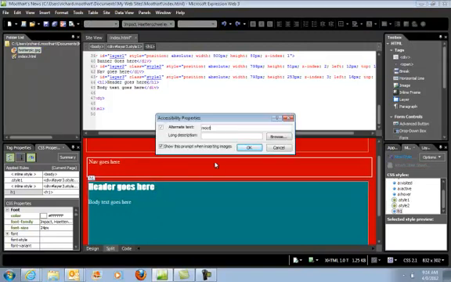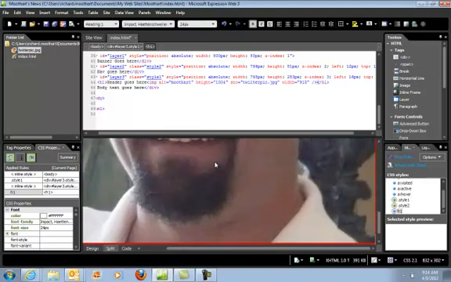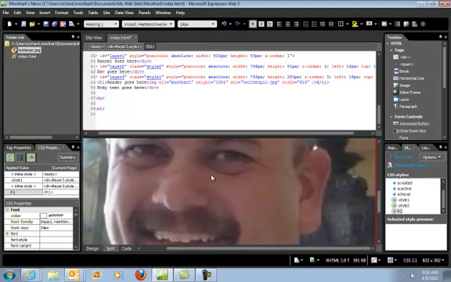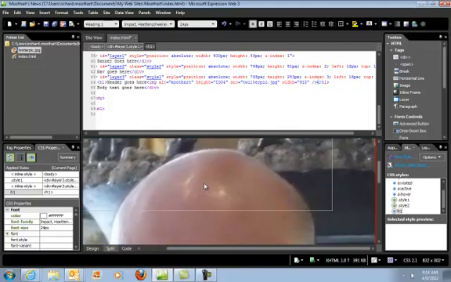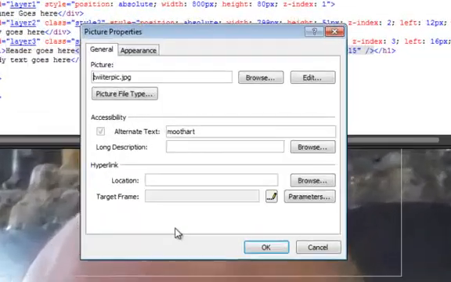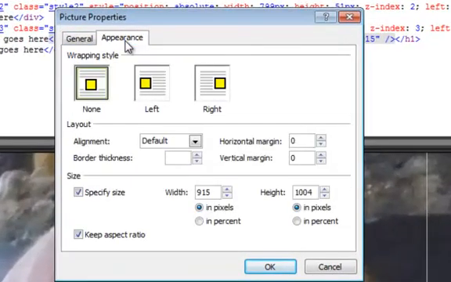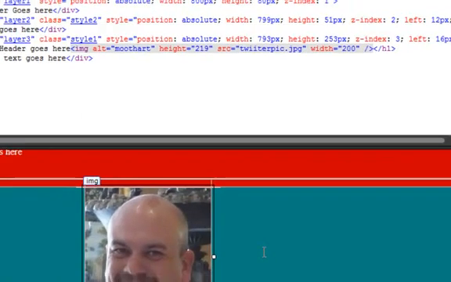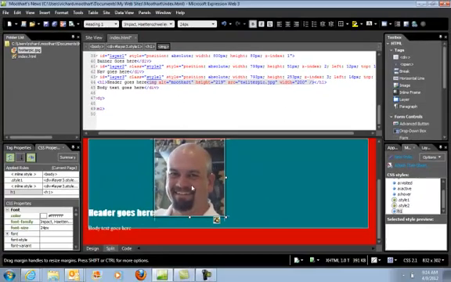It asks for an alternate name, and I put in my picture, and wow, that's a super big picture. It takes up too much space. So if I just double click on the picture, you can edit the properties of the picture, click on appearance, and I'm going to just make it so it's 200 pixels wide. It's important to keep this aspect ratio checked so it doesn't morph your picture and make it look funny. Click OK, and now I have a picture of myself,